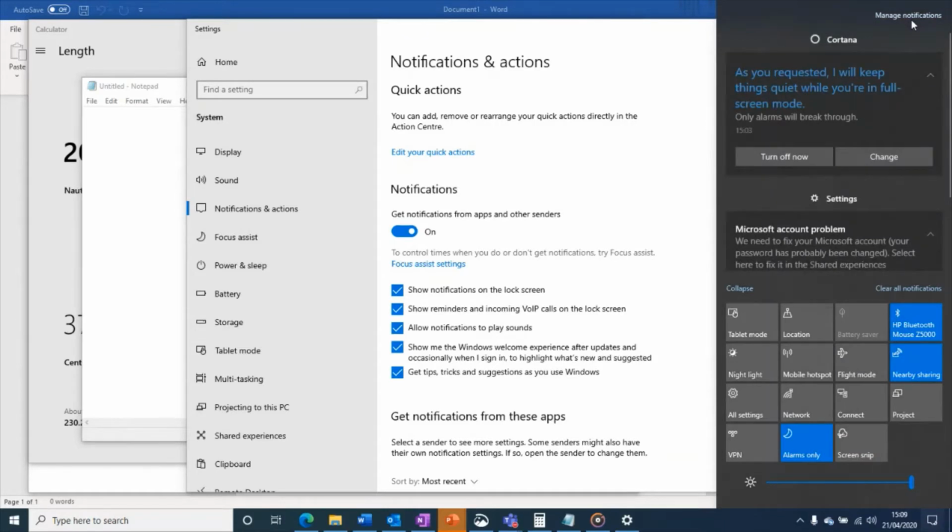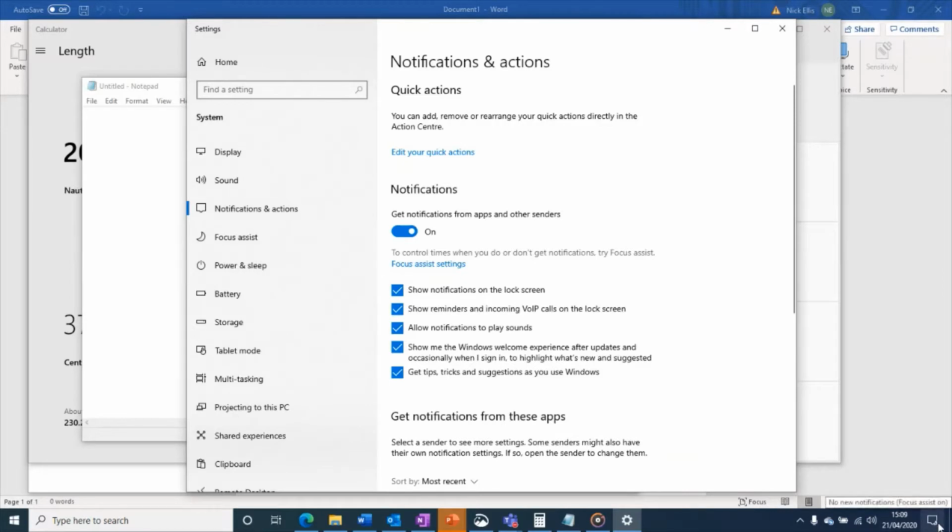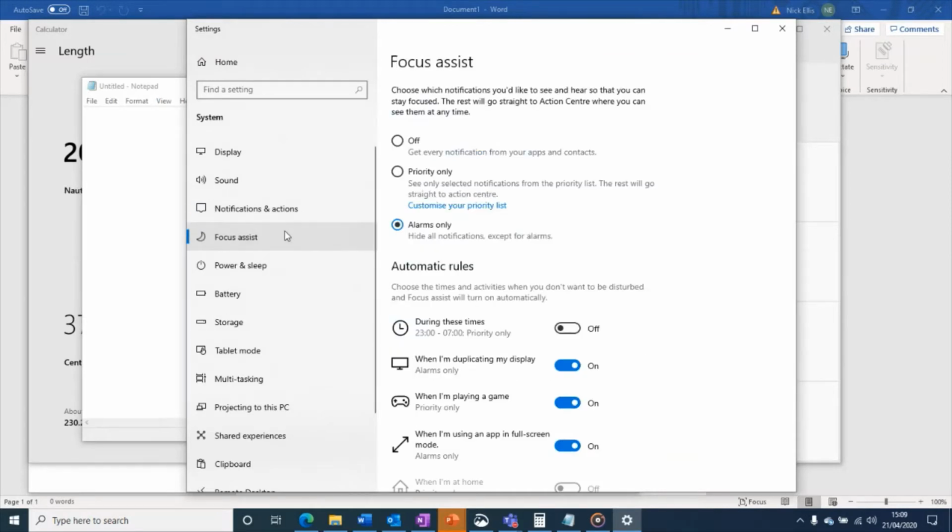manage notifications, you'll notice that when I hovered over that, it says no new notifications, focus assist on. That is the default now. The reason focus assist, which you can get to here, is switched on is because I'm sharing my screen. So it's saying, okay, well, if I'm sharing the screen, then I'm not going to put up messages from whatever. I'm just going to show you, as it says here, the absolute alarms. You can